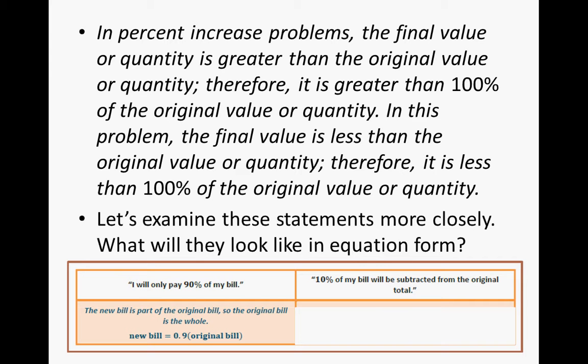Well, if you're only paying 90% of the bill, then the new bill is part of the original bill, so the original bill is the whole. So the new bill is going to be equal to 90%, or 0.9, of the original bill. If we take 10% subtracted from the original,